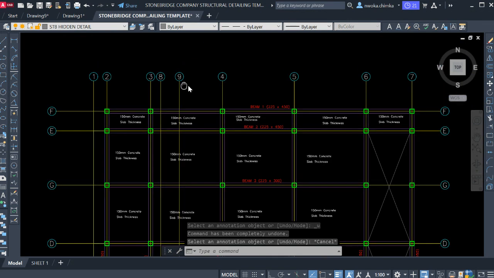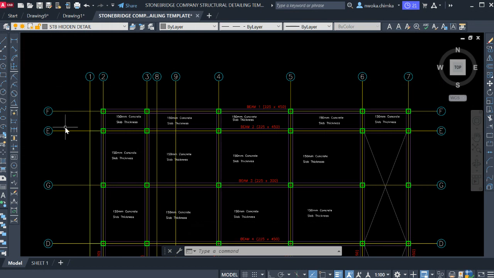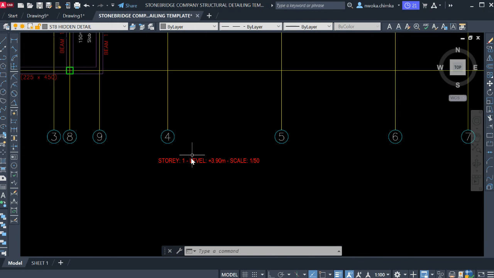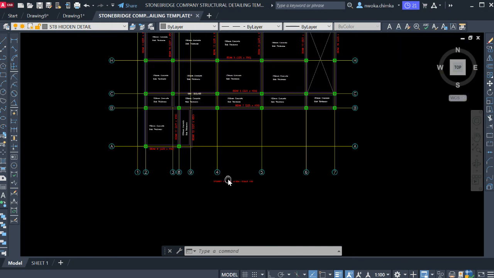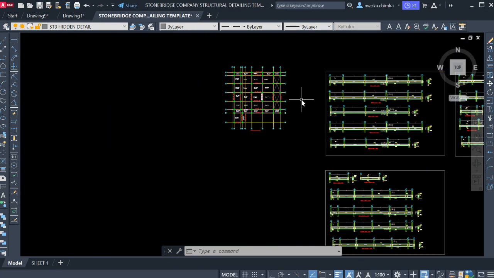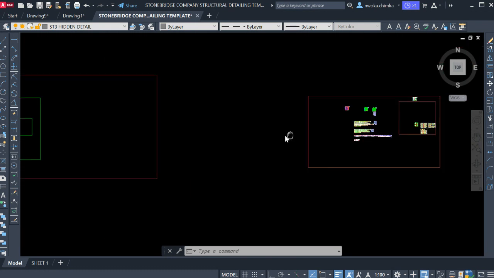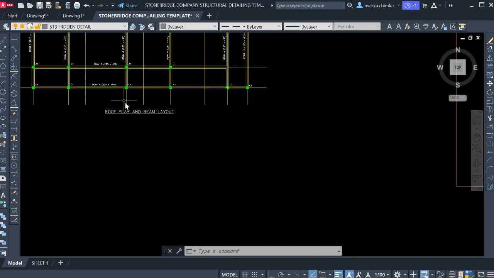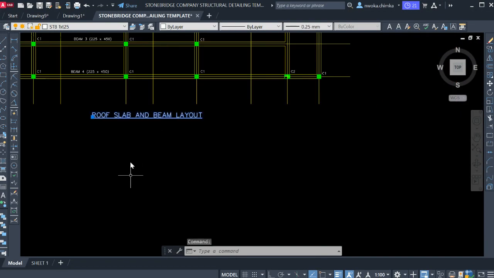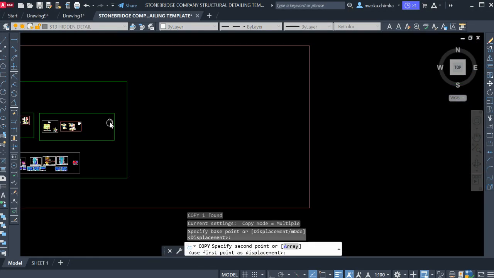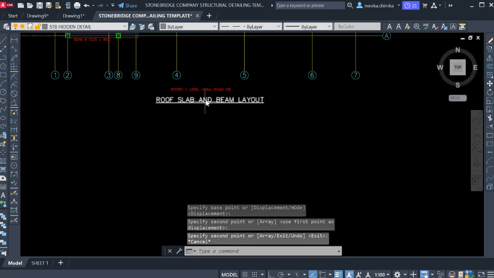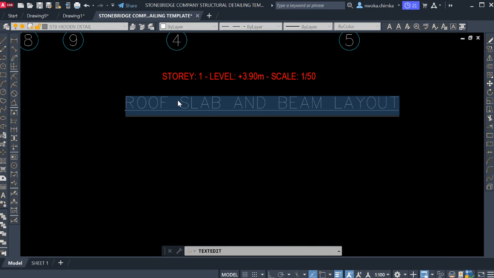Next thing to do right now is to dimension this grid line, this layout. Then we also have to change the name of this place because this is beam and column layout for first floor. So we go right now to our sample. That is why you need this template, so that it will guide you. So you go right now and copy this immediately and go to where you have this, paste it, and then change this right now to first floor,